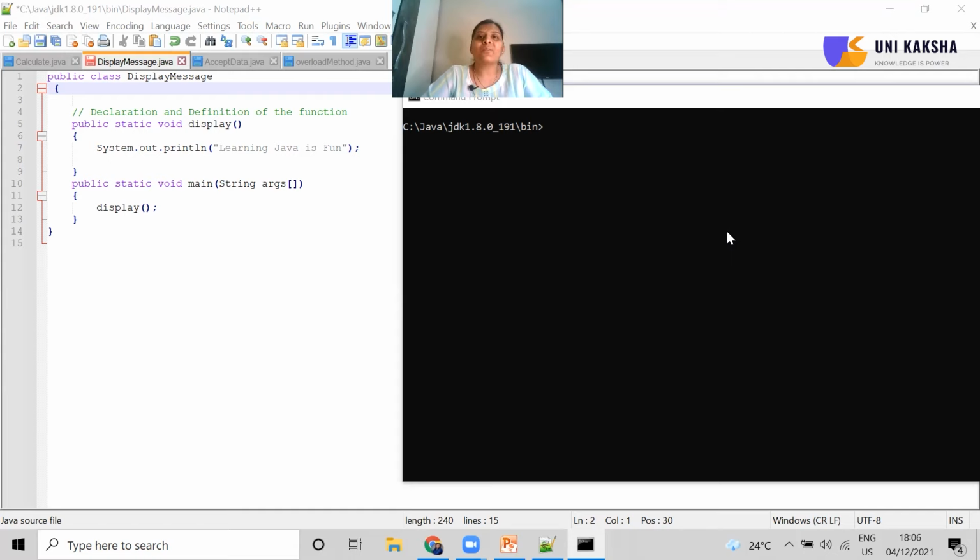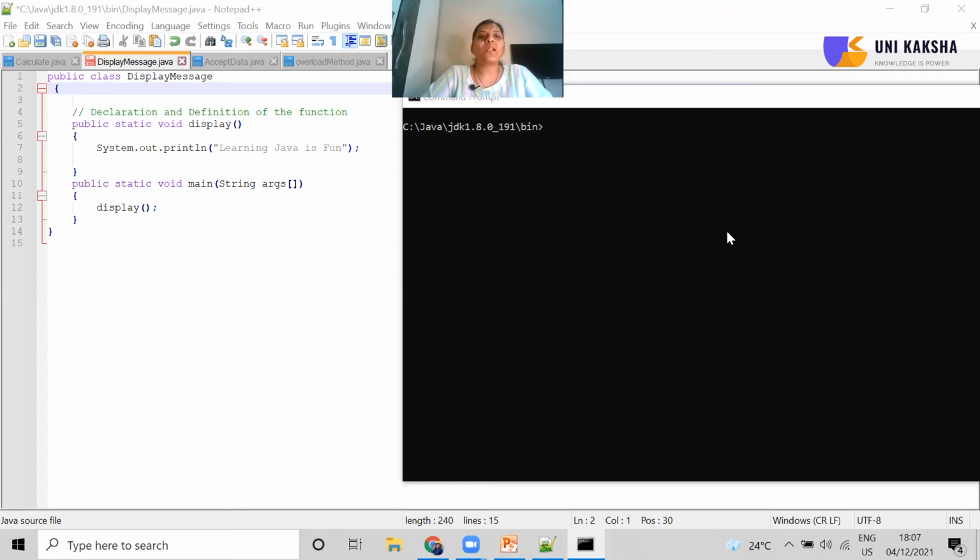For a user defined method, you have to write its definition part and its method signature, but in the case of inbuilt functions, there is no need to write all these things. You just have to call that method and use it for your requirement, because this is the facility provided by Java.